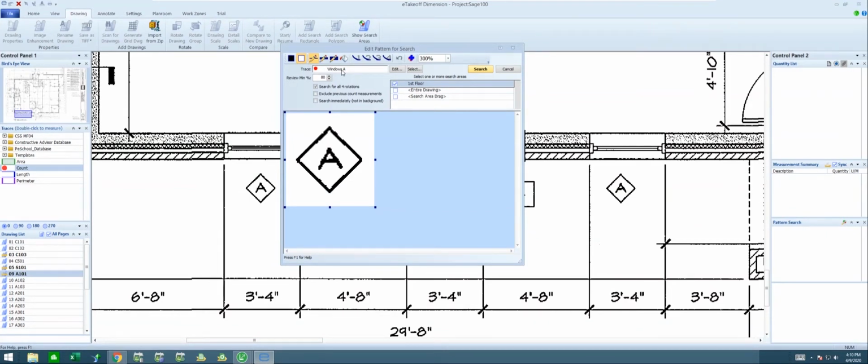So in this product, I want to focus more on just this diamond shape instead of the A in the middle. So I'm going to hit this white space pencil so I can come back and erase this out, so that it doesn't focus on that part of the symbol as much. I really want to focus on that particular type of symbol, since this project used it quite a bit. So I'm going to go ahead and hit search here.